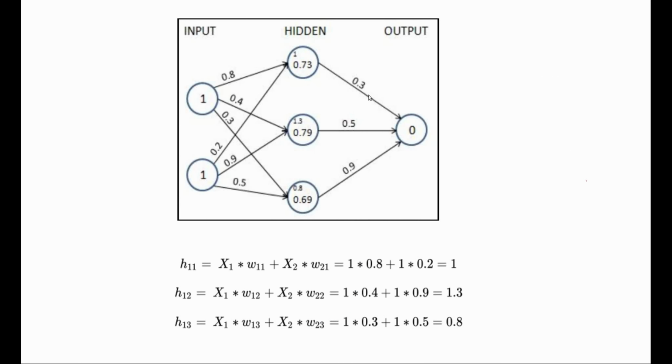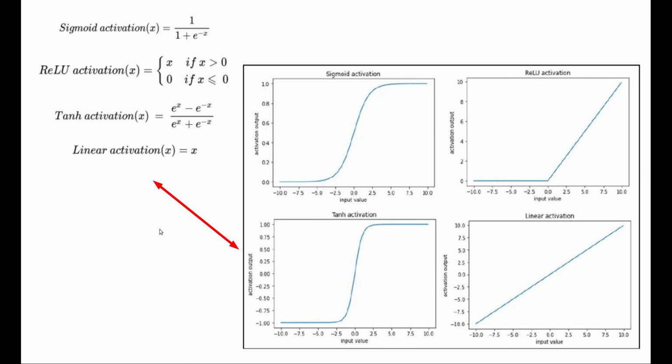comes out in our neural network. So again, this is a hidden layer, and we already calculated these values 1, 1.3, and 0.8 as weighted sums. But now we have to calculate the output values from this hidden layer, which are 0.73, 0.79, and 0.69. Let's see how they are calculated. And that's where the activation function comes into play. We have many kinds of activation functions, but these are the most common ones: sigmoid, ReLU, tanh, and linear activation. For this example, we will use the sigmoid activation, which is this